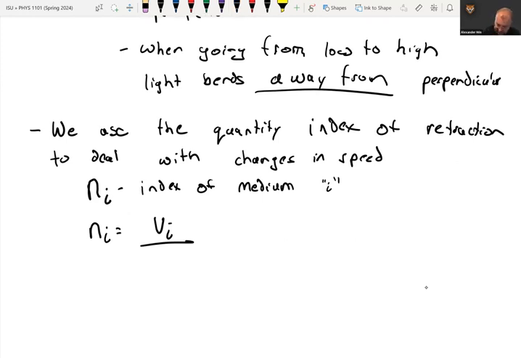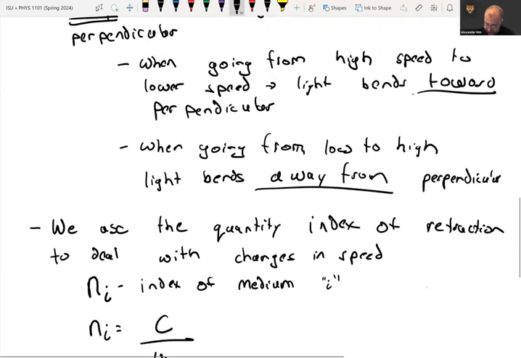I'm sorry, this is flipped. C over v sub i. So it's effectively the factor by which the speed of light is reduced in the medium. Okay. Now,